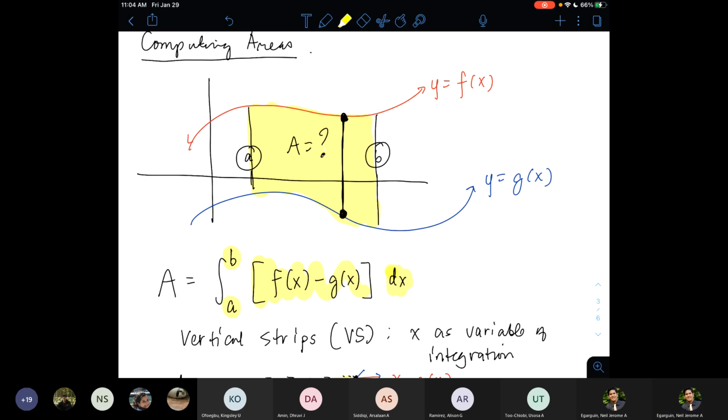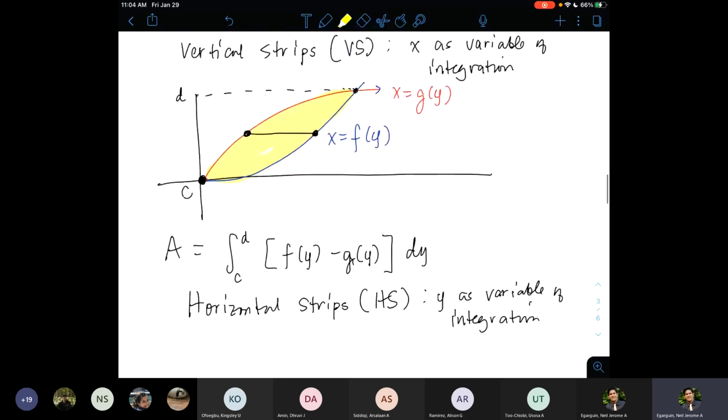Okay. Now, instances wherein using horizontal strips might be more advantageous. So for instance, here I have the graph, and say I decided to use y. I use horizontal strips. So when you use horizontal strips, the variable of integration should be y. So that means you should have a dy. And then once you have a dy,